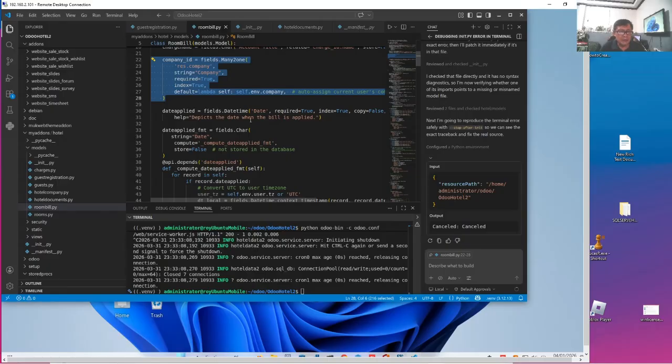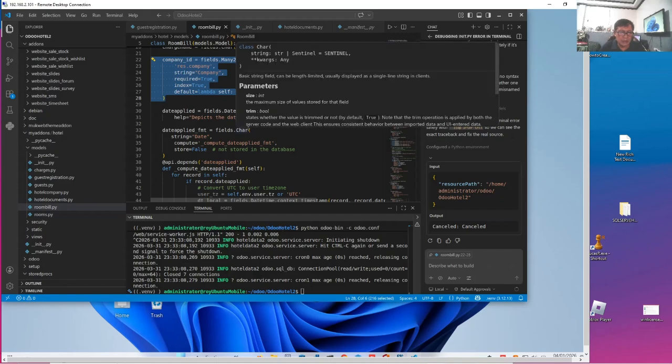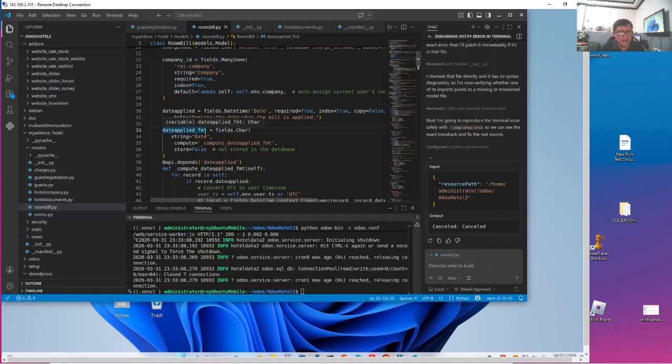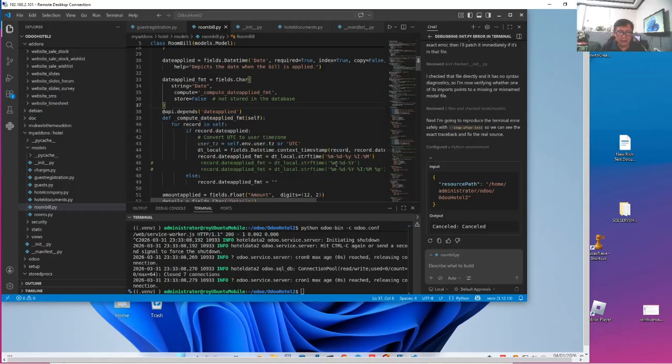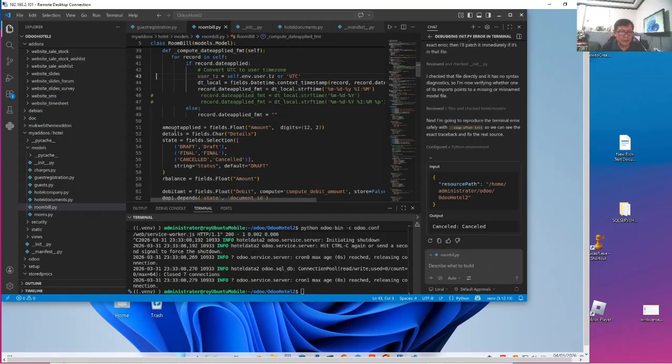So date applied is a datetime field which depicts the date when the bill is applied. Now we have a formatted field because we want the date applied to be formatted with month, day, year, with AM, PM. We also have the amount applied, the charge amount or the payment amount, whatever it is.